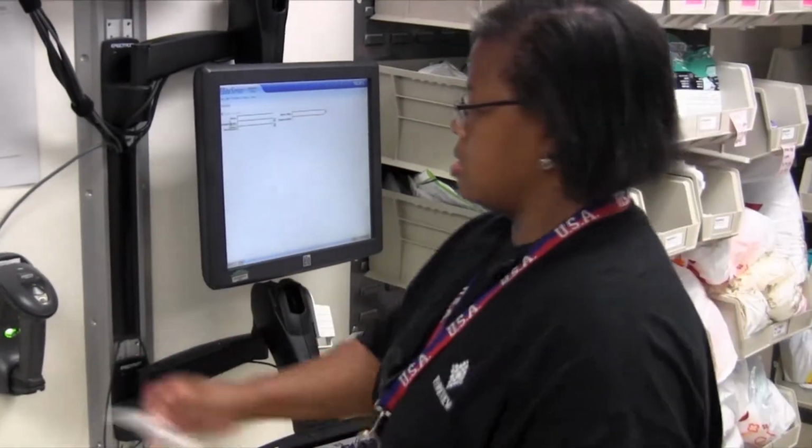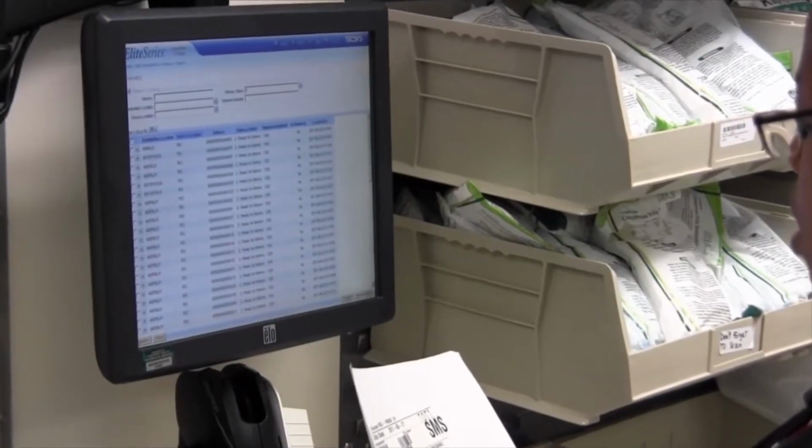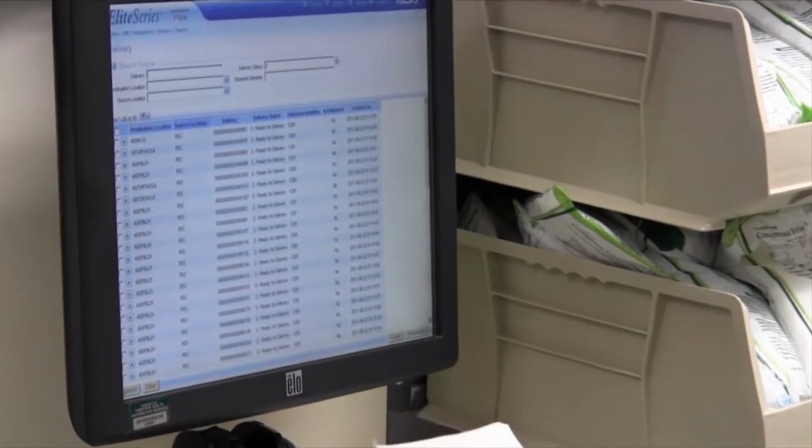It is a system that has benefited Parkview's clinical staff immensely, and more importantly, improved the delivery of healthcare services to their patients. The benefits on the cultural side of the house is that our clinicians no longer have to worry about ordering product. By utilization of a point-of-use system, they can simply use technology by grabbing a barcode gun, walking in, a couple clicks of the gun, and it identifies that products have been used. They don't have to count them, they don't have to order them, and they show up the next day to be replenished. So it allows the clinicians to do what they're designed to do, which is to provide excellent care